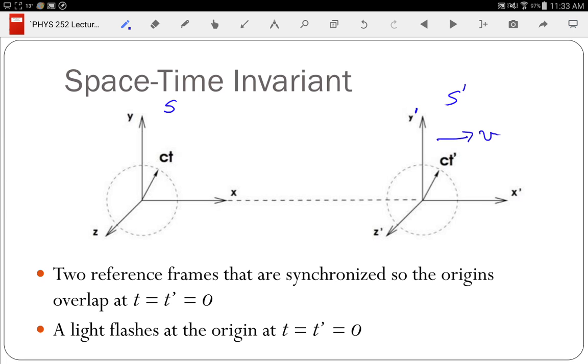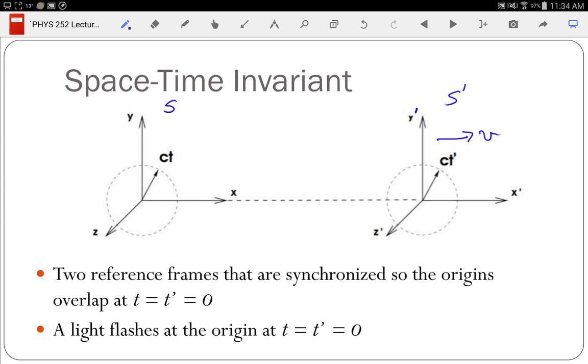Let's start with the reason that makes more sense, what we're going to do. We're going to try to find an invariant. And something that is invariant is the speed of light in vacuum. I forgot if it's the first or second postulate of relativity, but the speed of light in vacuum is the same in all inertial reference frames. So if I have reference frame S prime flying by reference frame S, and at the instant when their origins overlap,